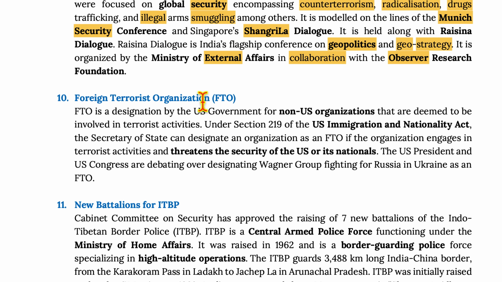The Foreign Terrorist Organization, FTO, is a designation by the US government for non-US organizations that are deemed to be involved in terrorist activities. Under Section 219 of the US Immigration and Nationality Act, the Secretary of State can designate an organization an FTO if the organization engages in terrorist activities and threatens the security of the US or its nationals. The US President and US Congress are debating over the designation of Wagner Group fighting for Russia in Ukraine as